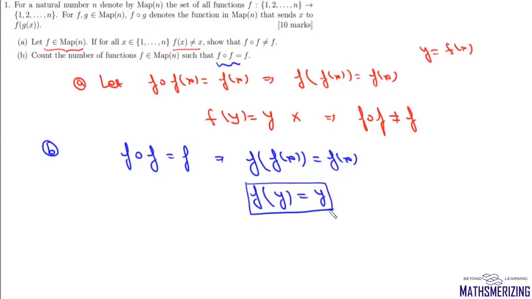Now how do we count such compositions? Clearly it is possible when there is at least one element which has its own image. That is, out of these n elements there has to be at least one element which is mapped to itself. Say for example, suppose we have these n numbers